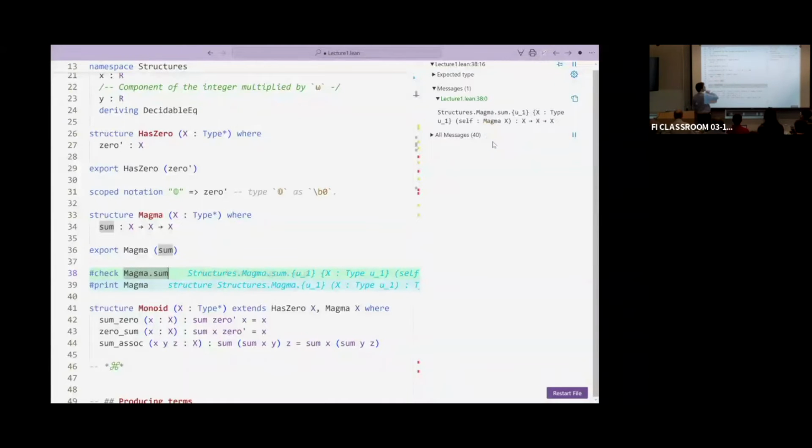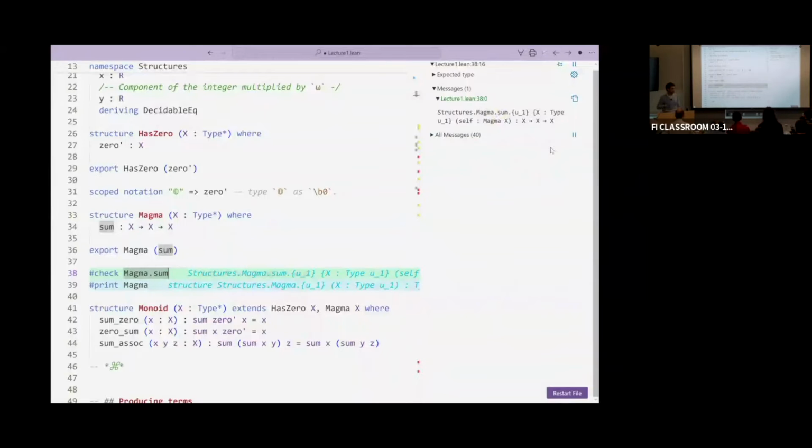This is the term witnessing that x is endowed with a magma structure, because otherwise these will not be defined a priori. Sum is only defined when x is a magma. So once you have a type x, and a term that witnesses the existence of a magma structure on x, well, magma.sum is your binary operation on x.